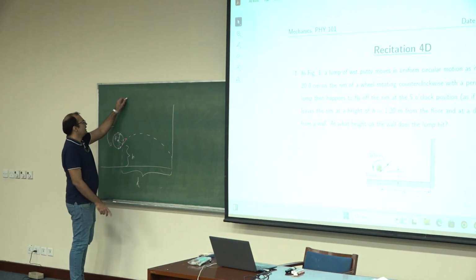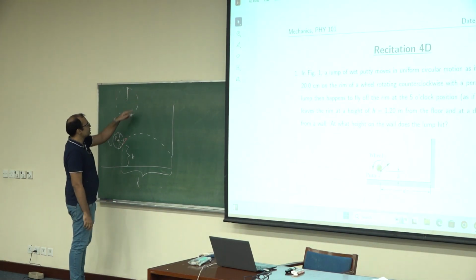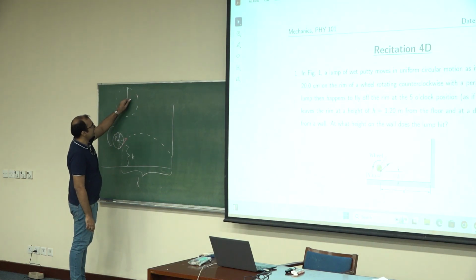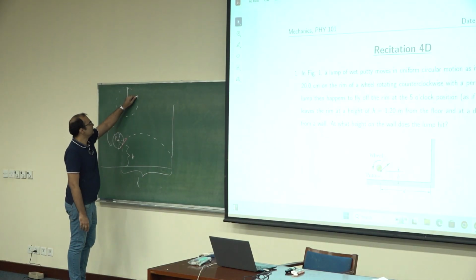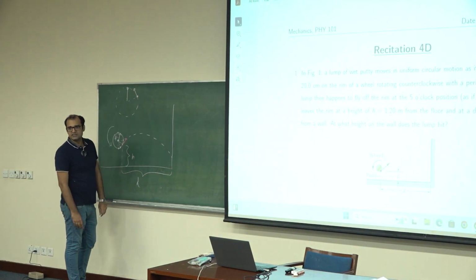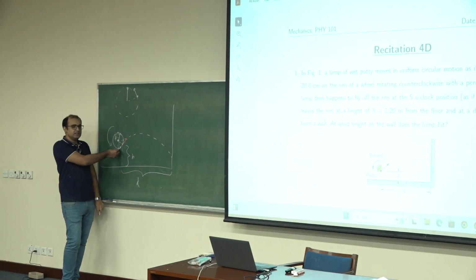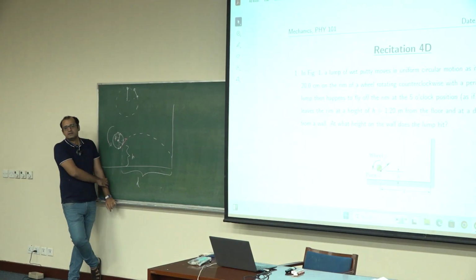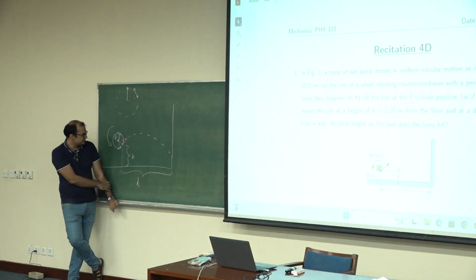Okay, just like if you have a string, you tie it to a rock, and then rotate this in a vertical circle. As this thing is rotating, if you cut the thread when the rock is over here, in which direction does the rock initially move? It moves in that direction, tangential to the circular path. Exactly the same thing over here. The piece of clay loses contact, it initially moves tangentially to the circular path that it was initially moving in. Okay, so we need to know the angle that this initial velocity vector makes with the